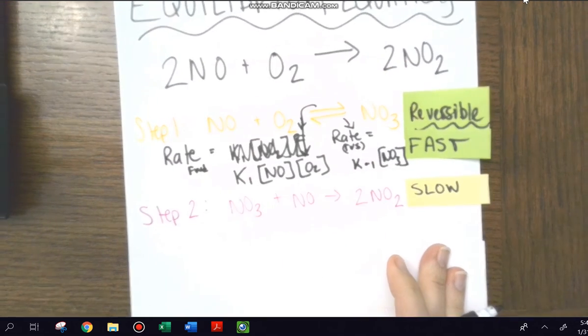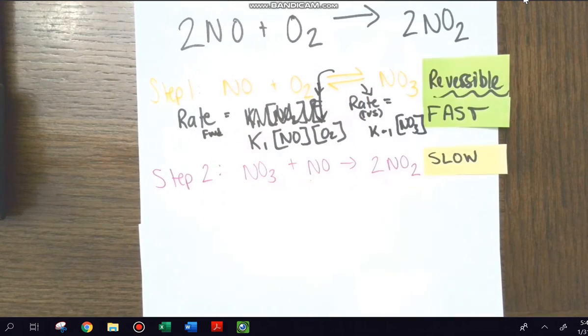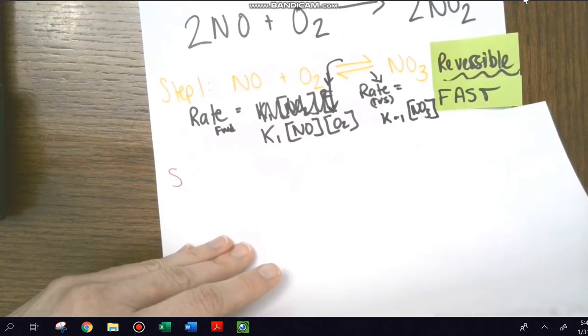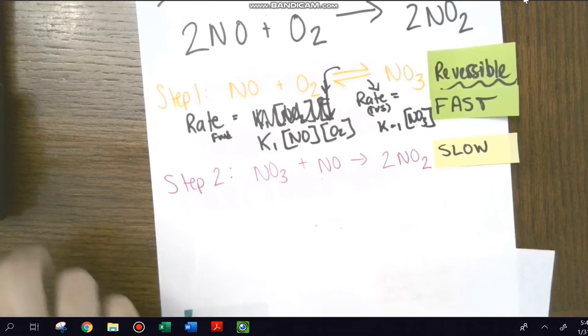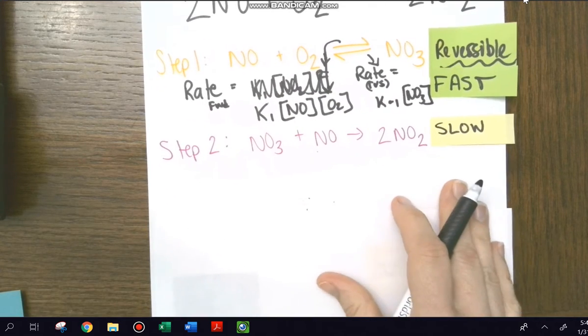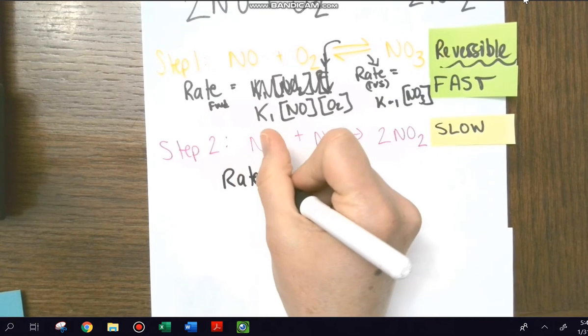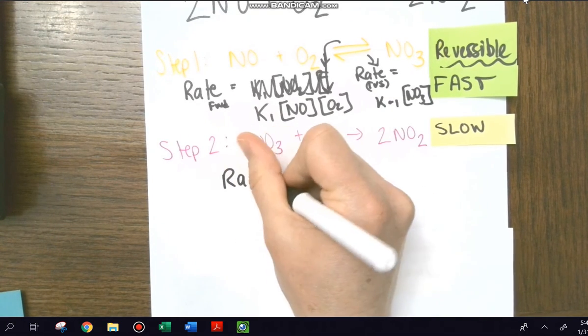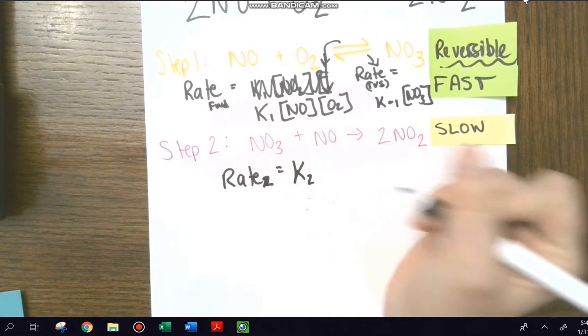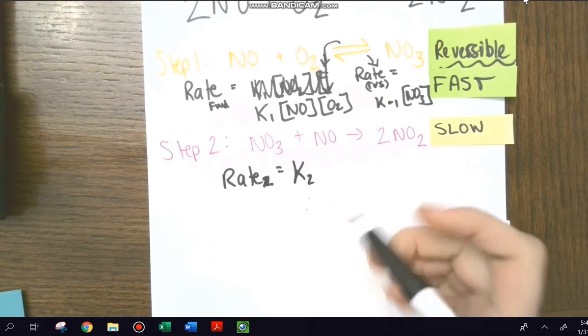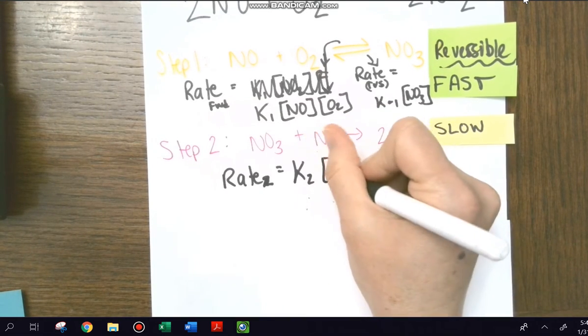All right, so now I need to look at my elementary step 2. Let me make sure I got this right. Yeah, because that one's easy. All right, so the rate of 2, y'all making all kinds of mistakes now. It's late, it's Friday. All right, we just have our NO3